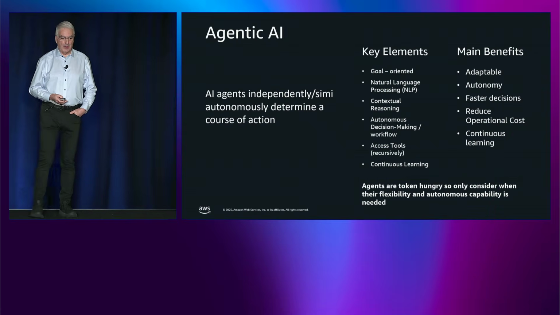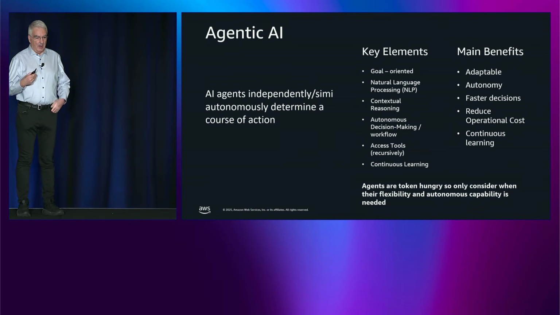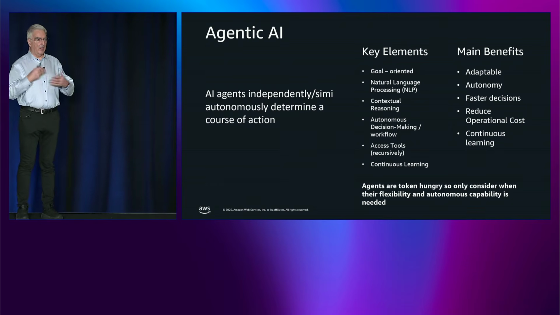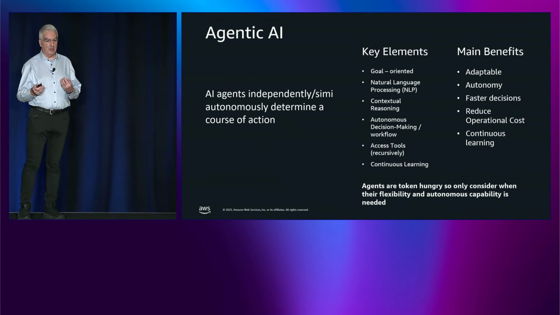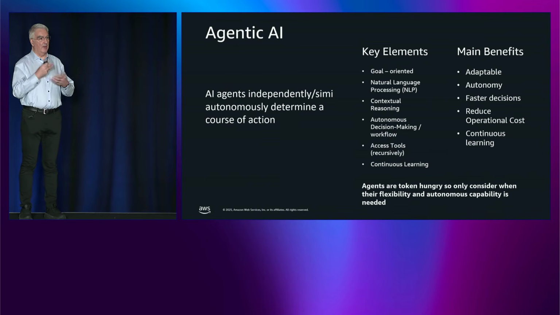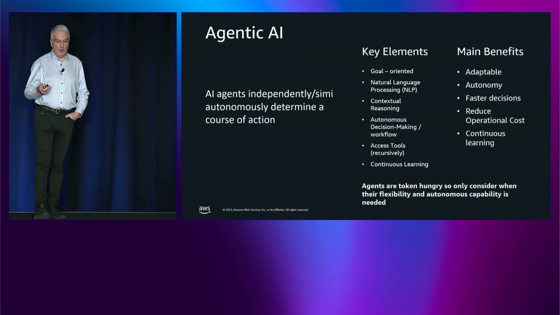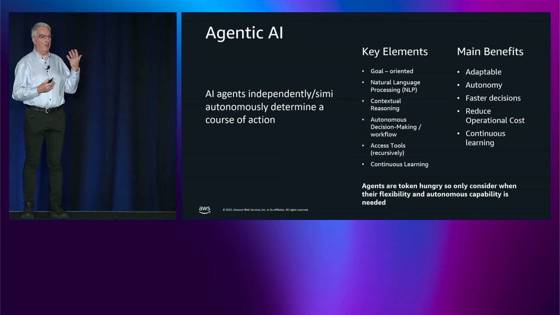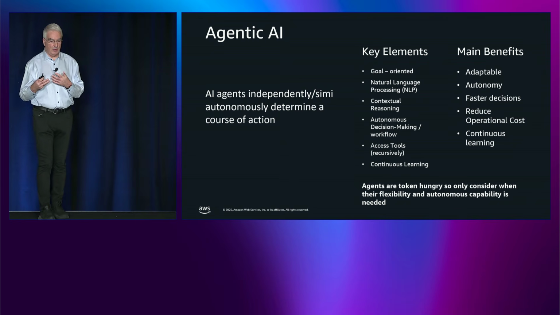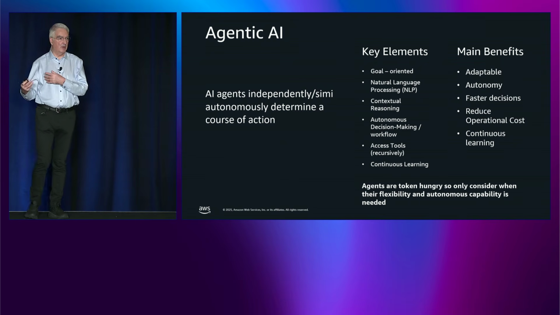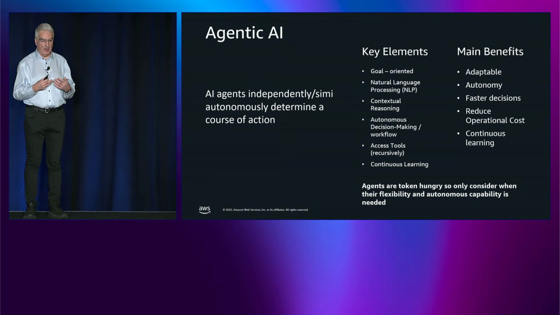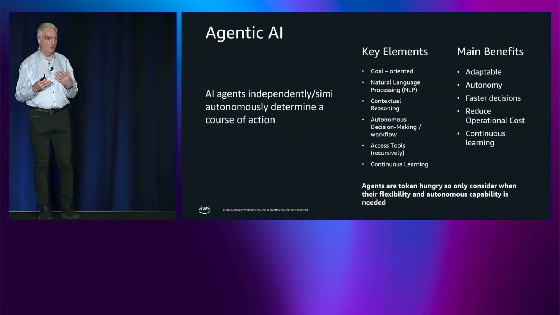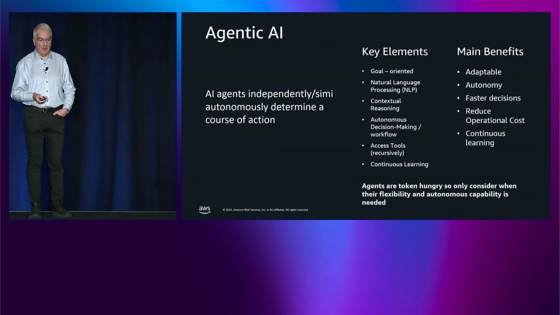In terms of the key elements and the architecture, AI agents are independent. They keep running all the time, and they're semi-autonomous. You can have human-in-the-loop checkpoints, but they can run on their own. They're goal-oriented. They use natural language processing to actually have a sentence coming in from a human into the agent, and the agent then breaks that down, uses contextual reasoning, and creates a workflow for how to respond to the customer's request. And more importantly, with the agent, which is different to generative AI, it's continually learning as you go along.